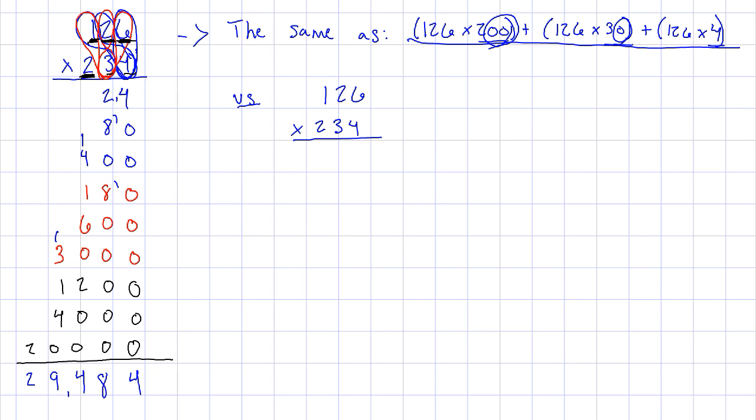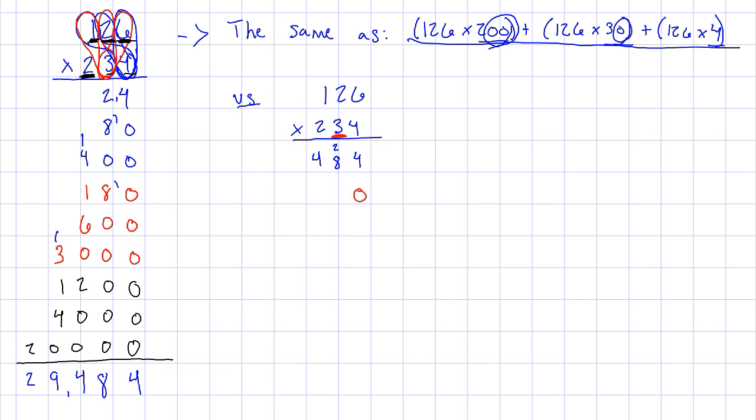So we begin with 4 times 6. 4 times 6 is 24. So we have 4 here, and then I put a little 2 here. 4 times 2 is 8. So I'm going to just put an 8 here. 4 times 1 is 4. Done. Now I move on to the next line,